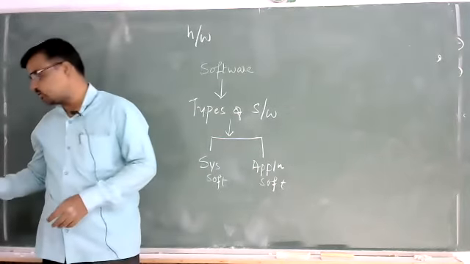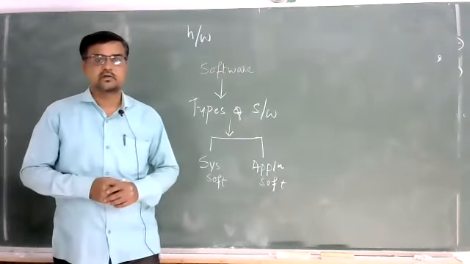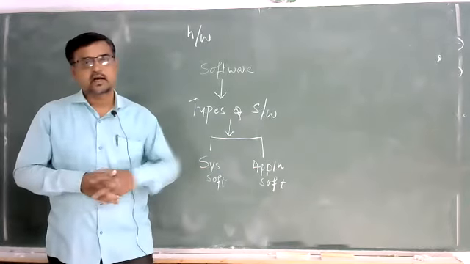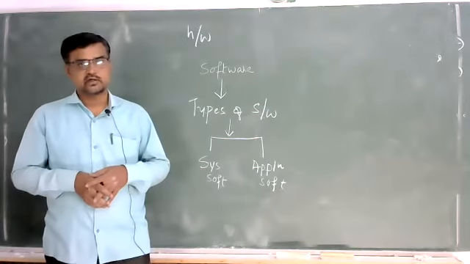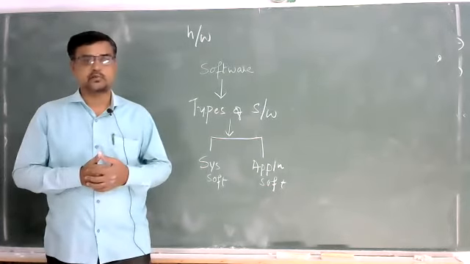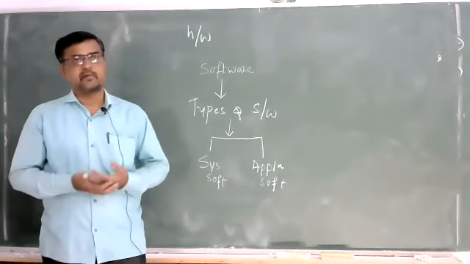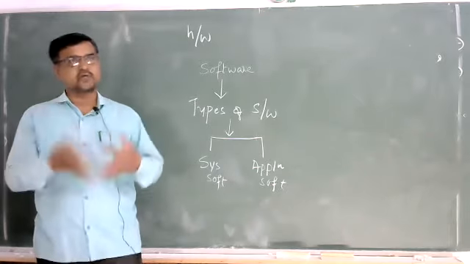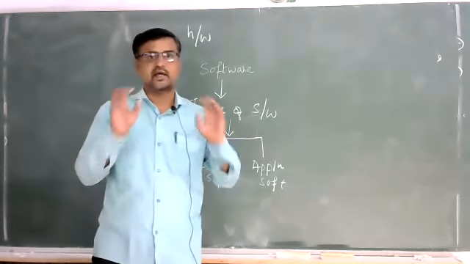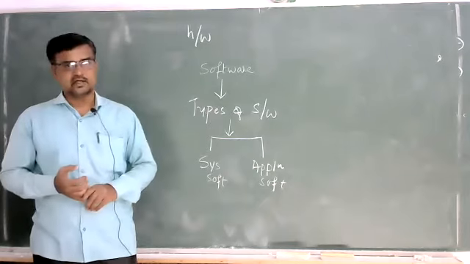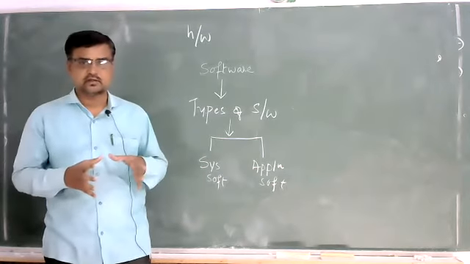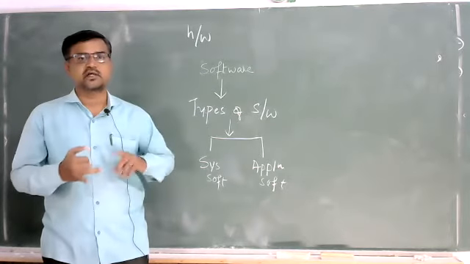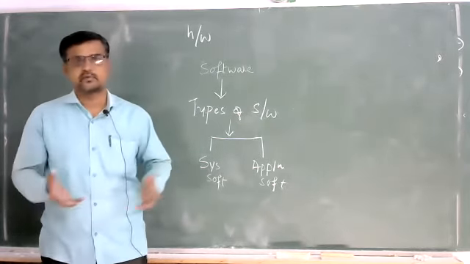Now the question is, what is system software? Again, software is a collection of programs by which you can operate the system, the whole computer. Maybe a collection of programs to make the keyboard work, to make the monitor work, to make the camera work, or to manage the memory devices. You have plenty of memory devices that you connect to a system: a hard disk, a pen drive, and a lot more.